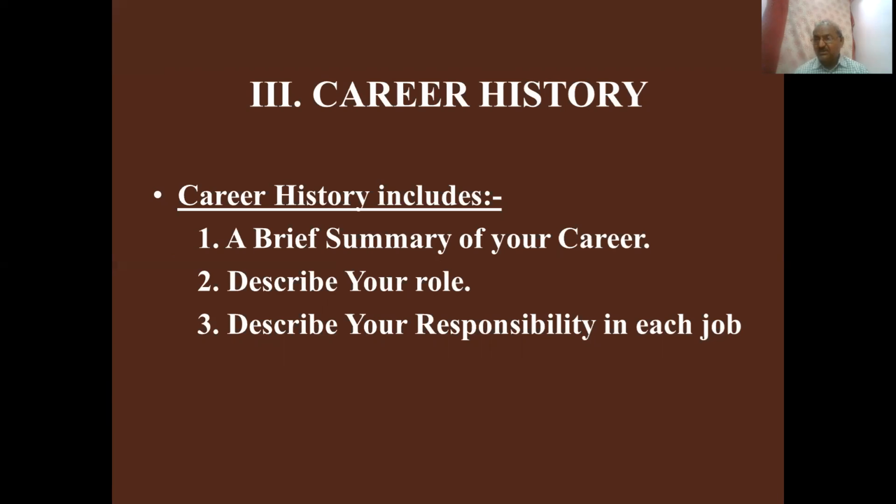Suppose in 2010 you joined a job, and that was your first job, where you used to get 20,000 rupees per month. You might have worked as an assistant manager, assistant salesperson, or whatever it might be. You have to mention the nature of the job that you worked. Later on, you got a promotion, and you have to mention that also. What kind of salary did you get, and what was your position? You have to mention it with evidence also. So in career, you have to mention your experience with supporting evidence.